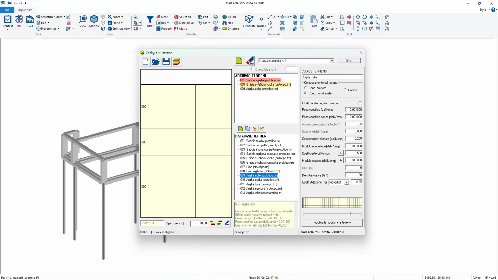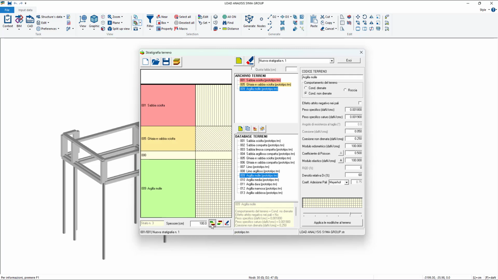And then I want this kind of soil here, this here, and this one down here. So basically you have to add stratigraphy. Now you can see that with this command you add a layer on top of the selected one. If I click on number 1 and go bottom, exactly, it inserts the new layer there.